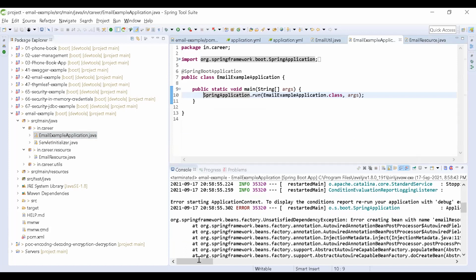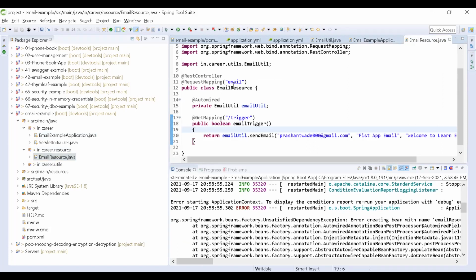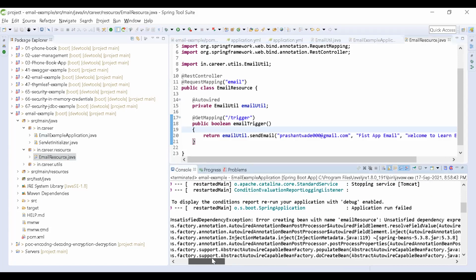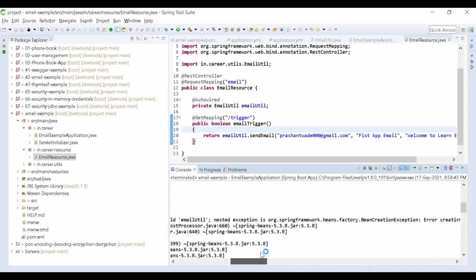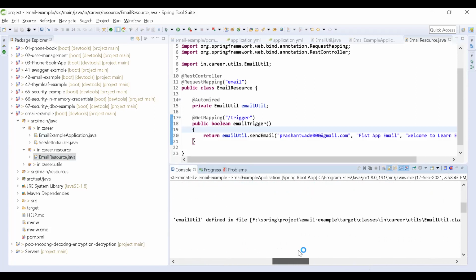Email resource, email util, Spring bean creation, email util class failed to instantiate. Okay, I need to put the constructor there, which I haven't put.